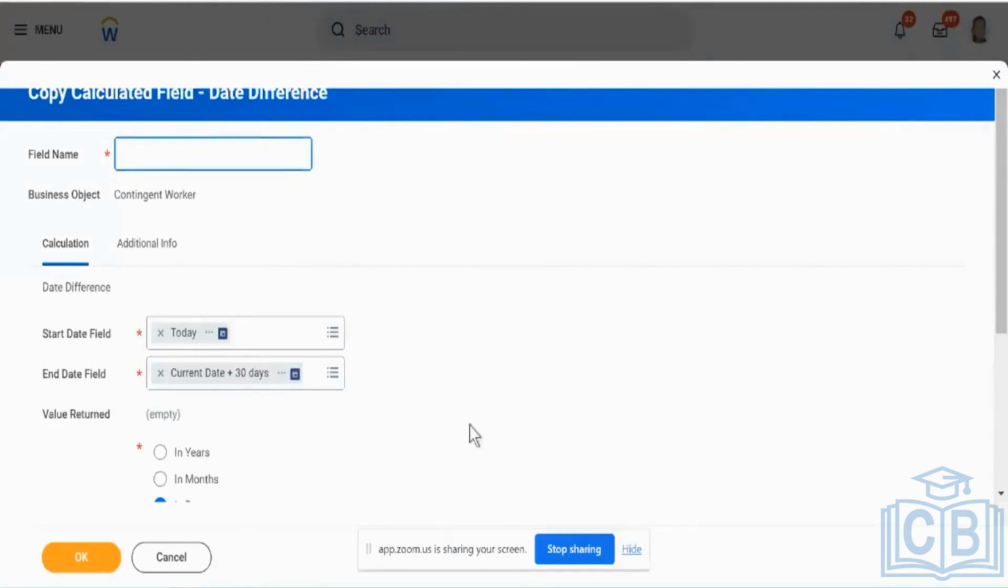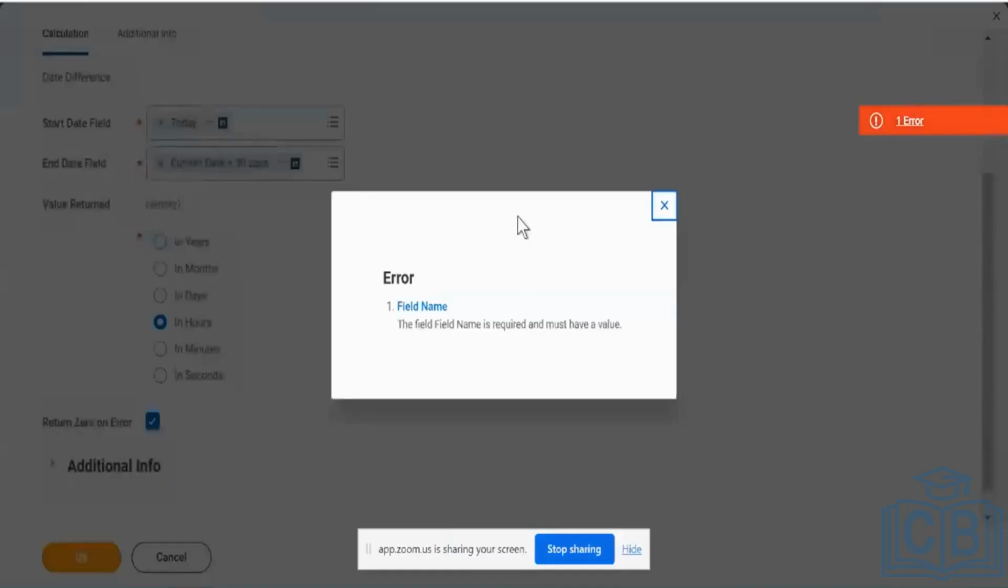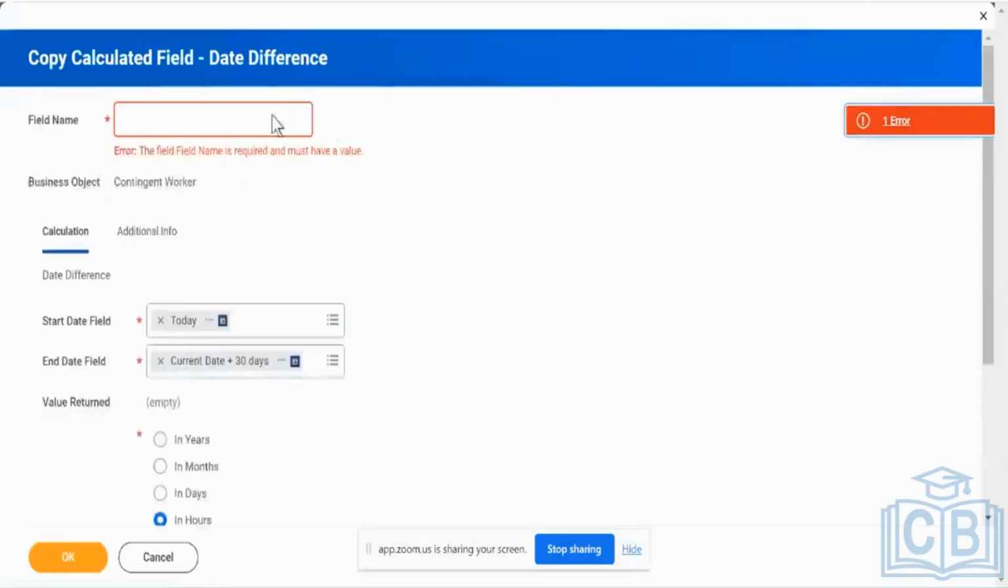Instead of saying the value returned here is 30 days, I can say month, which is going to be 1 month, or if I want to have the same thing in hours, what is the value that I need to do? Of course, we want to get some error. Find out what this particular error is. It says the field name is required, so I'm just going to give